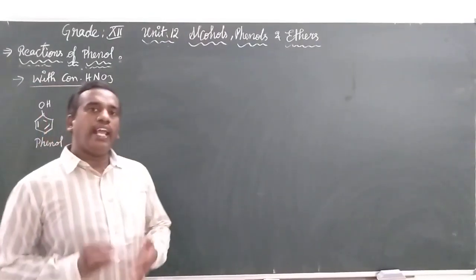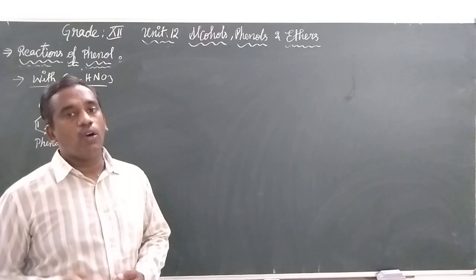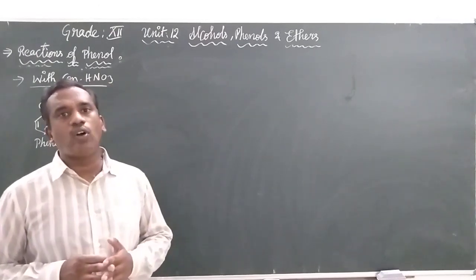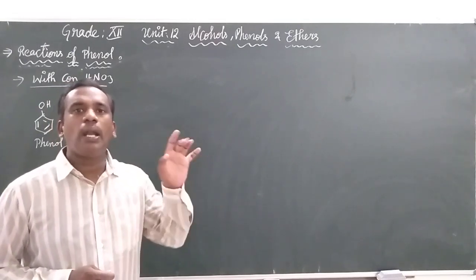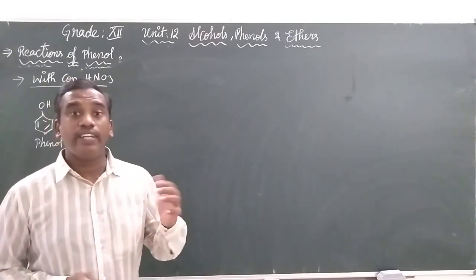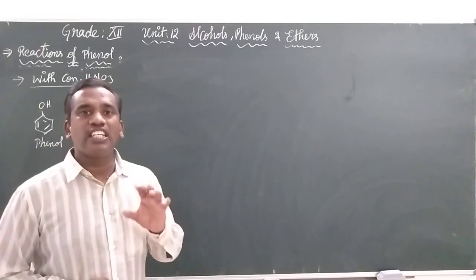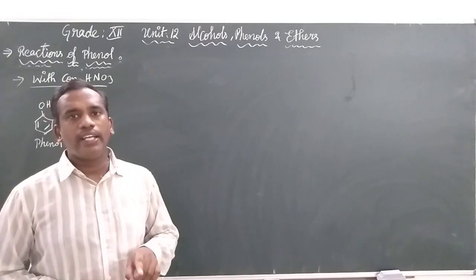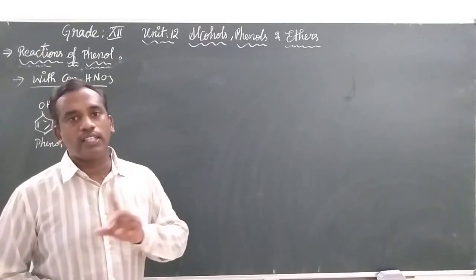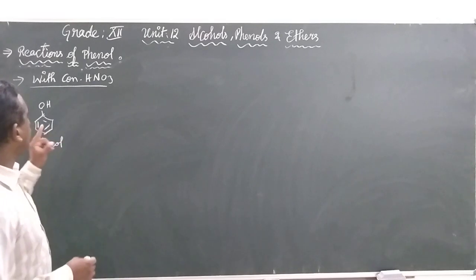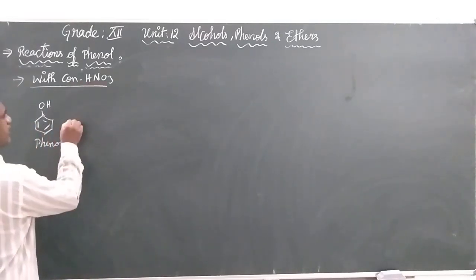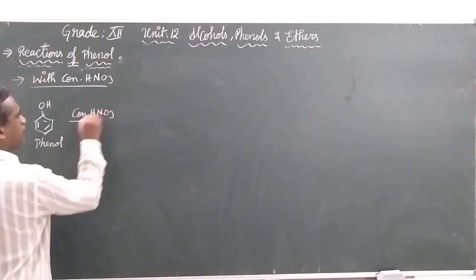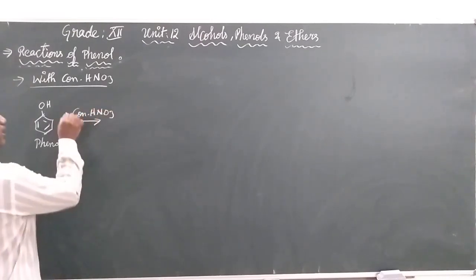So let us see the reaction of phenol with concentrated nitric acid also. With dilute nitric acid we got ortho and para products separately. We had already separated them using steam distillation. Ortho is steam volatile, para is non-volatile. That is the method we use to separate them. But once we react the phenol with concentrated nitric acid, there